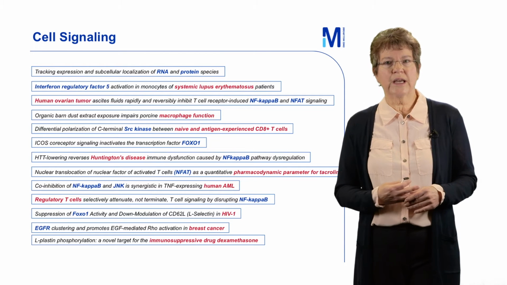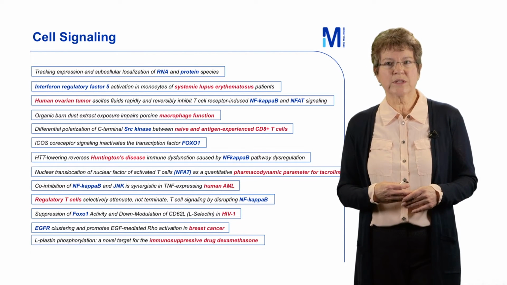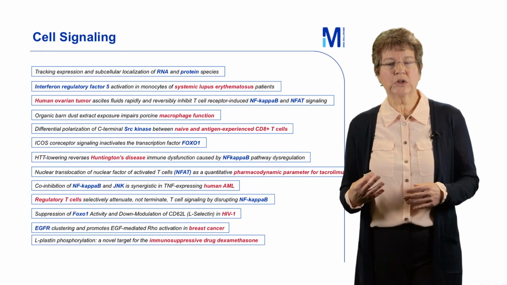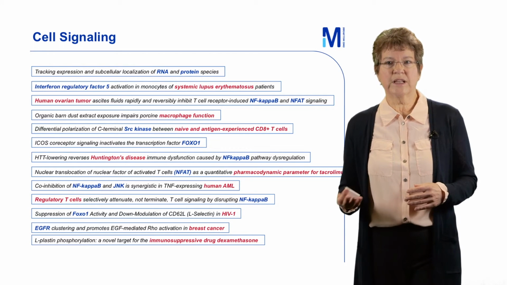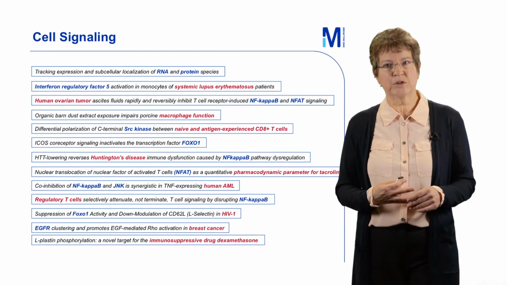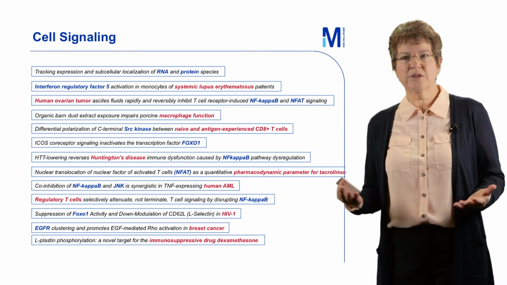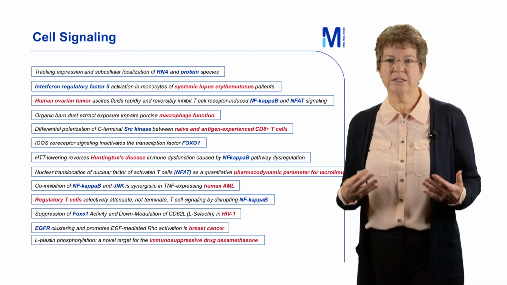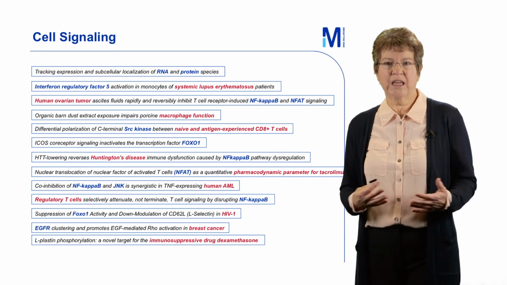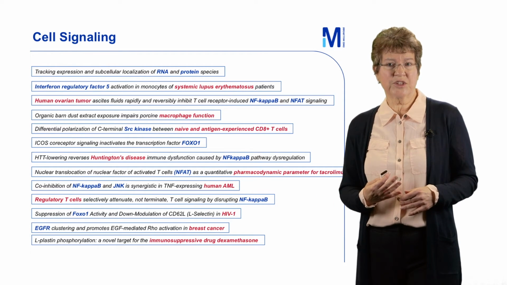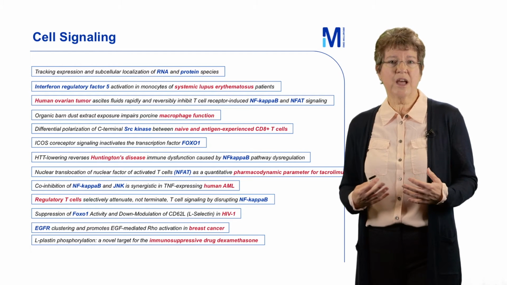We're also looking at human ovarian tumors and how signaling occurs in those lymphocytes that are associated with those tumors. People have used the instrument to look at FOXO1, at NFkB, at NFAT, JNK, also looking at EGF clustering. So there are many, many different types of